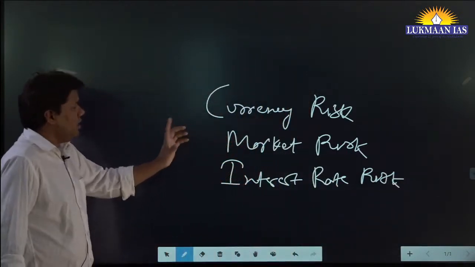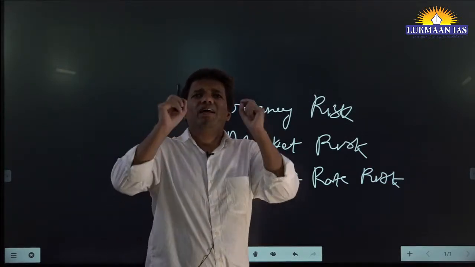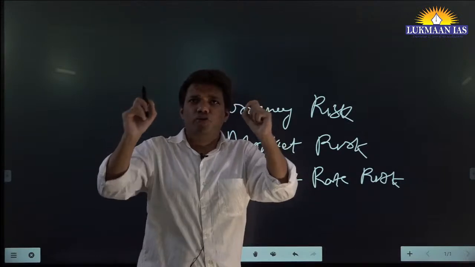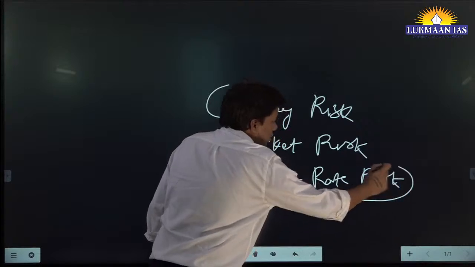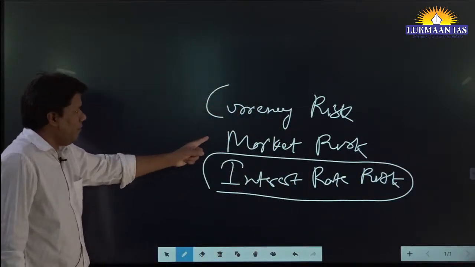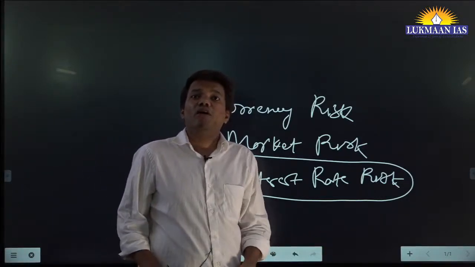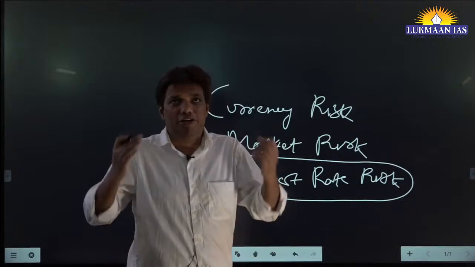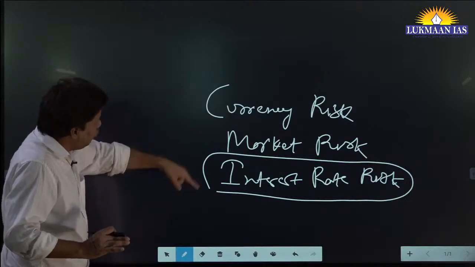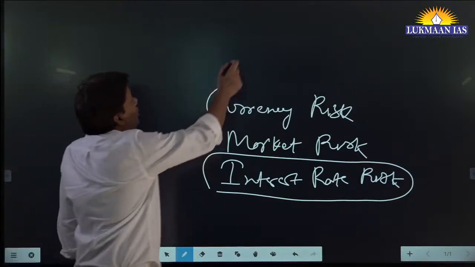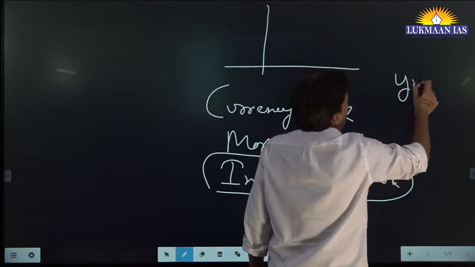Not in very deep detail. To know a concept, it is not necessary to go too much into the technicalities, but clarity of thought should be there. The most important thing is interest rate risk. One can manage currency risk and market risk, but interest rate risk is more difficult to manage, and it is big trouble for banks as well as countries. When I say interest rate risk, what does it mean? Try to understand this way. Other risks you can manage, but for interest rates there is something called the yield curve. What am I calling the yield curve?